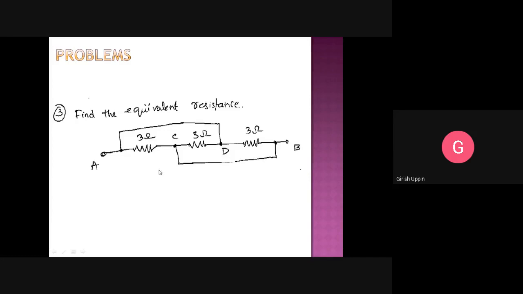Just imagine you rotate this resistor and make this line smaller and smaller and connect. So if you see here, this resistor and this resistor are connected between common node C, and when you move this, node A and node D will be the same. So this resistor and this resistor are connected between two common nodes.